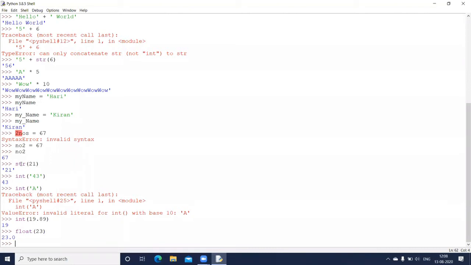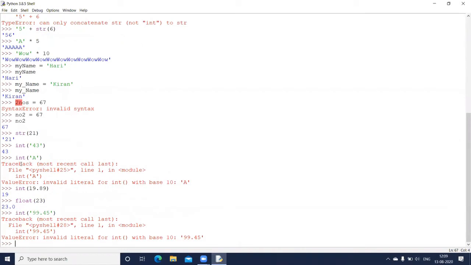Now, can I put it like this? I say int, round brackets, in single quote, I put 99.45, single quote completed. Whether this is going to be converted into integer. Okay, let us press enter and check it out. It says not possible. It says invalid literal for int, because I have passed a value which is a float value, and I have enclosed it in a string.